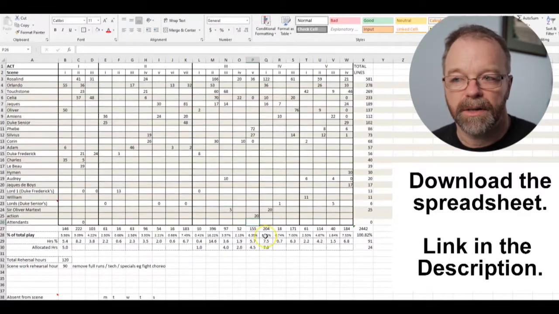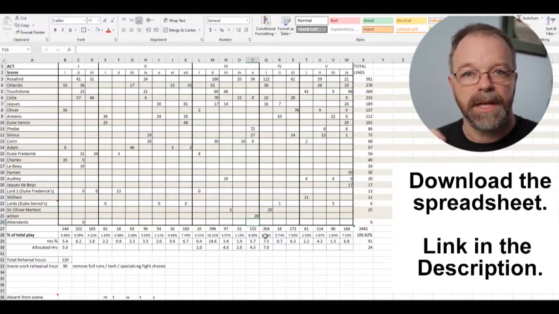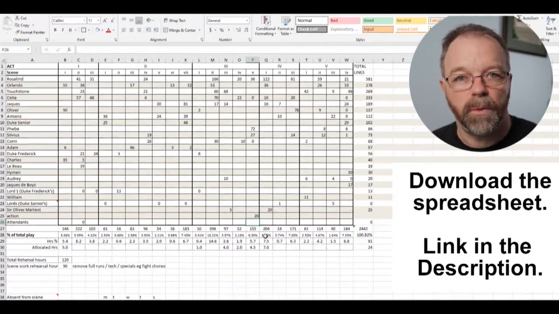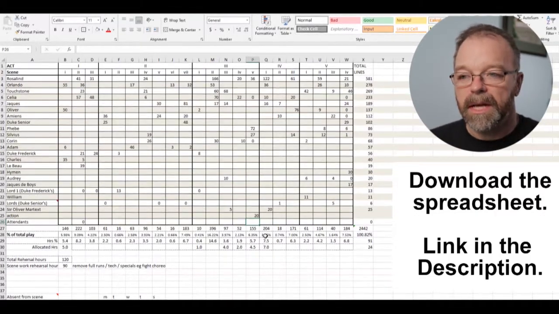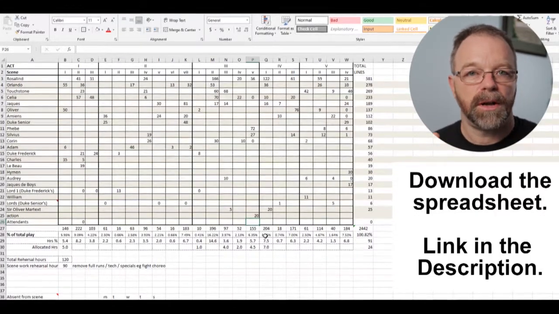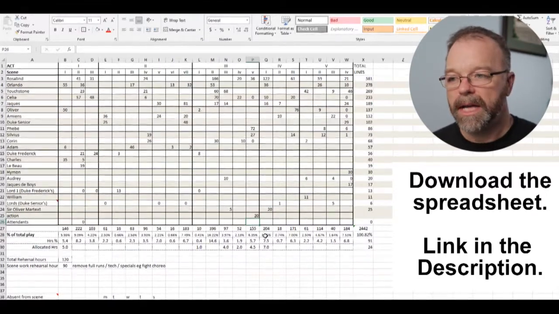The other thing that it helps you do is it helps you schedule the rehearsals so you're not wasting your actors' time. Now, this is coming from a place of independent production where generally people have day jobs. You are working rehearsals at evenings and weekends around people's work. So you're not getting a full-time, 40 hours a week in 1 week to rehearse with the whole cast.